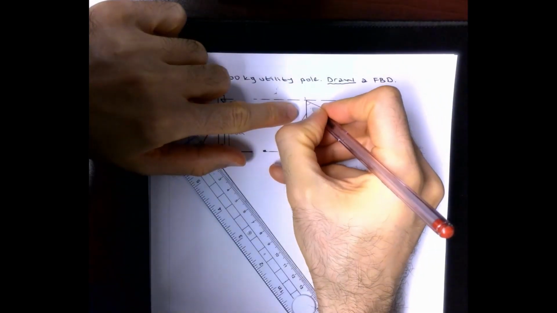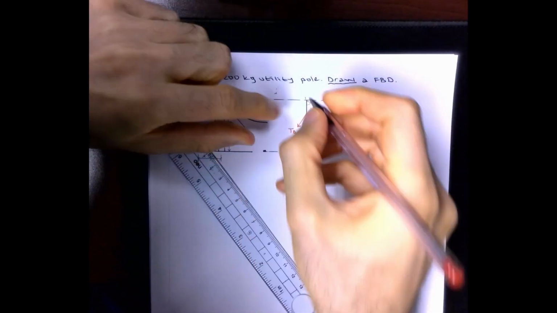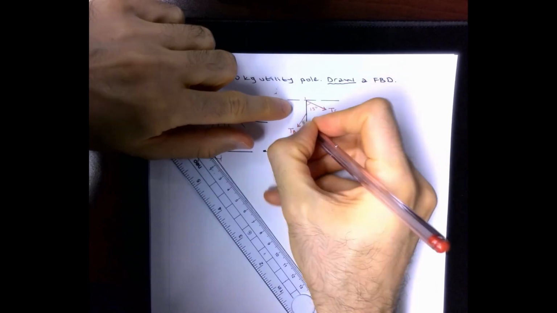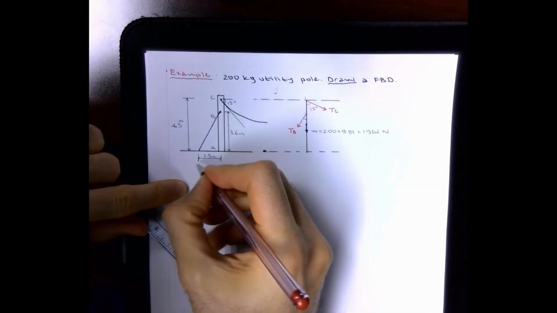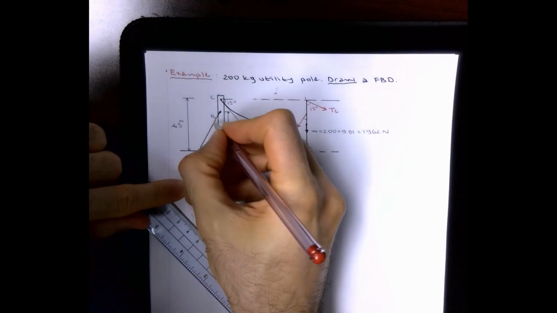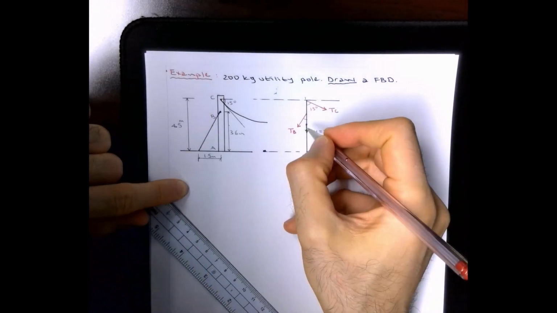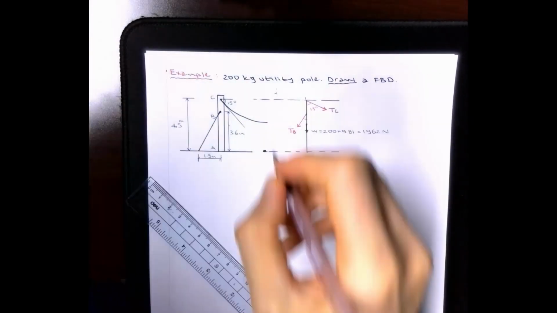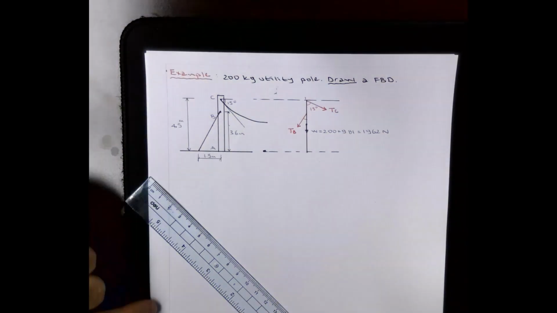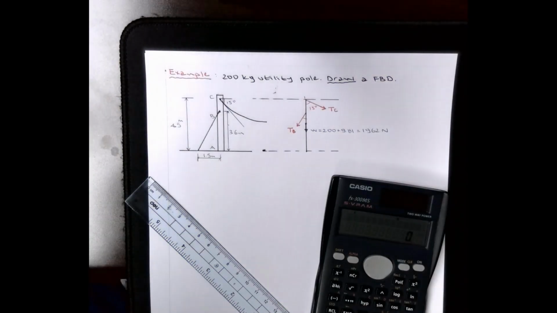This is 15 degree. What is this? You have this triangle 1.5, 3.6, so just do tangent inverse to get that angle, which is going to be, let me just use my calculator. I have the other angle, so this one is going to be 22.6